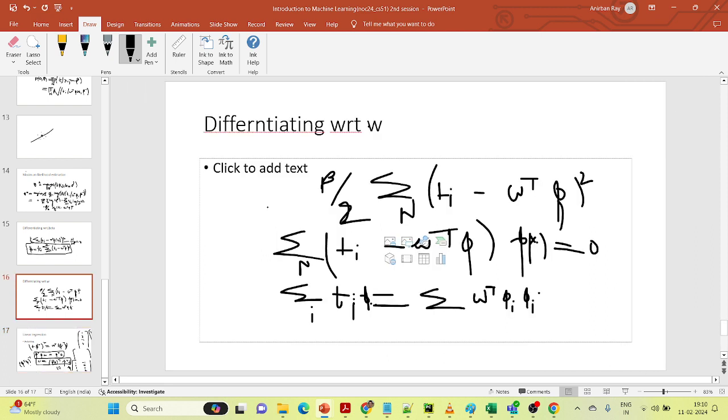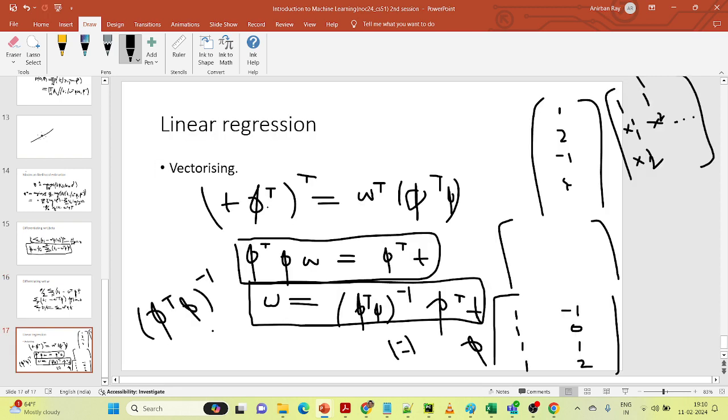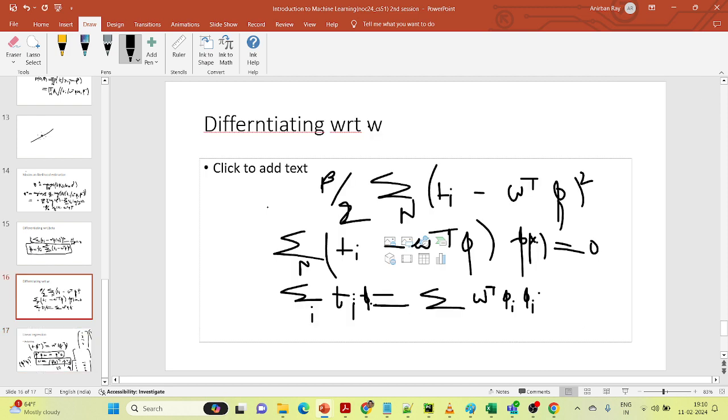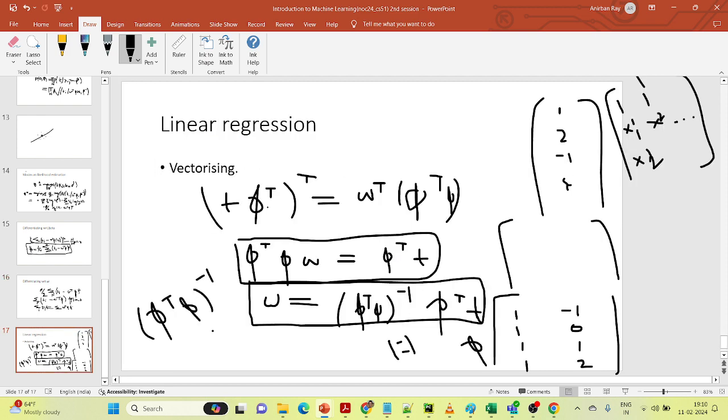So if you have tried yourself, you can see that this can be defined like this. And what I have done after this is flip the equation first, so the right is the left, and then I have taken the transpose of that to get to this one. I multiplied both sides with phi transpose phi inverse to get this equation.